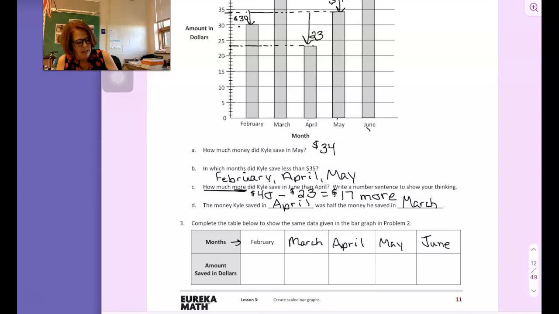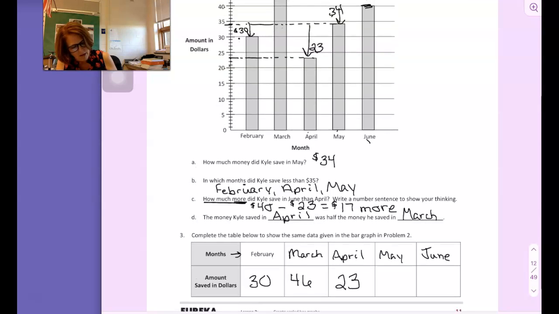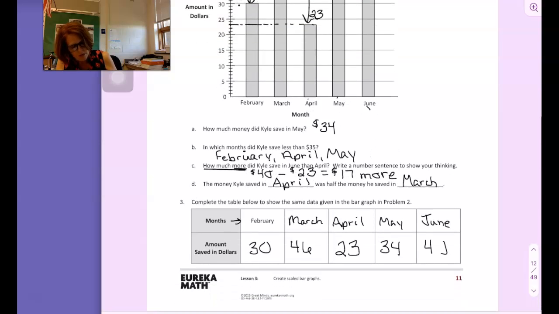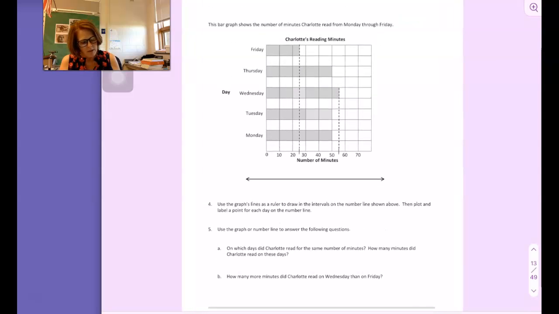In February, he saved $30. March was 46, April 23, May 34, and June was 40. So there's another way to represent that data. Let's go on to the next one. So this bar graph is the number